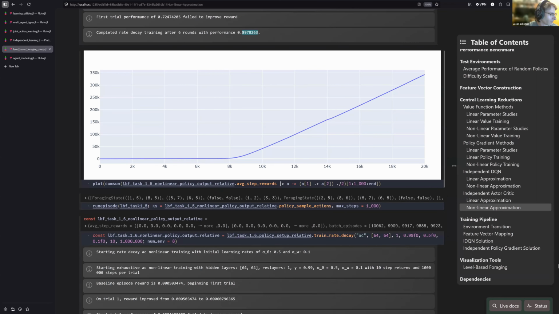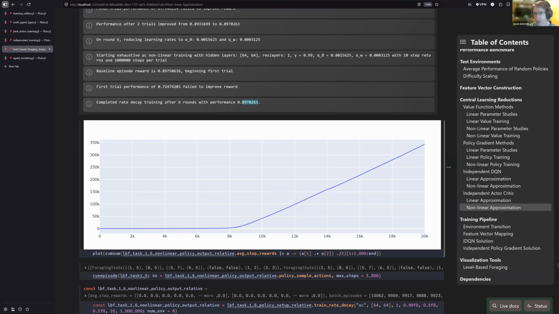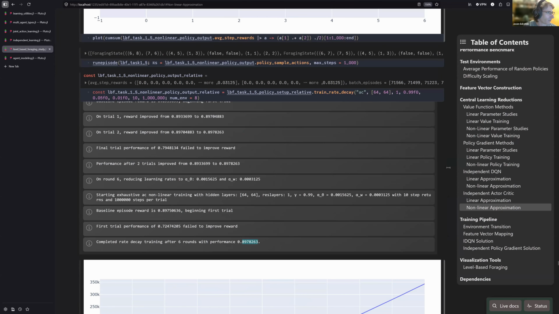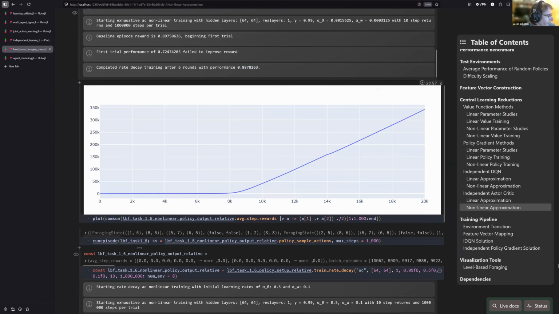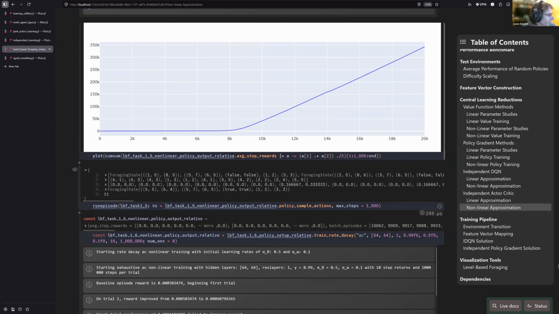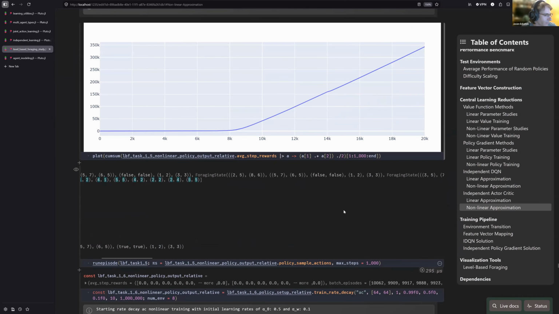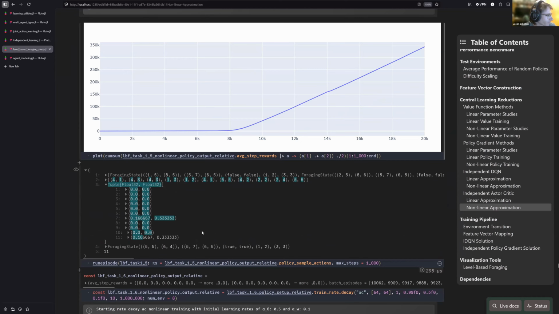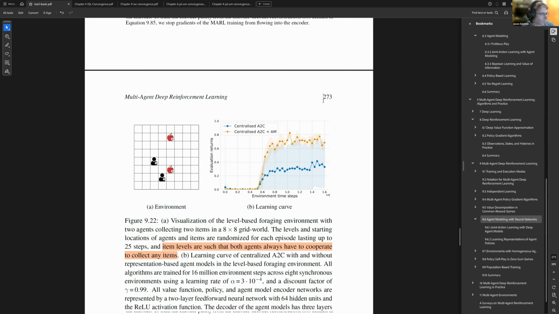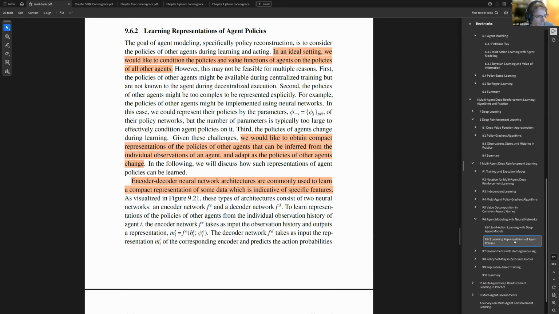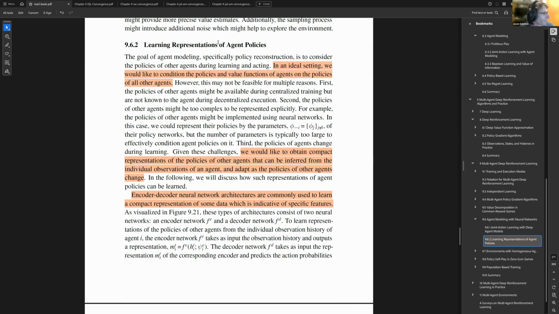So I'm not sure why, but all these curves and things in the book really depend on exactly how you set up the feature vectors and all the hyperparameters and everything else. But yeah, this is just regular actor critic learning. And here's an episode run on this where it collected both items. So I don't know. But yeah, next time we can talk about, there's another little interesting thing about this with instead